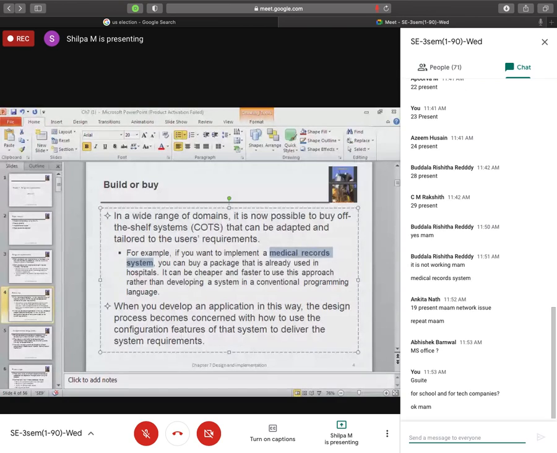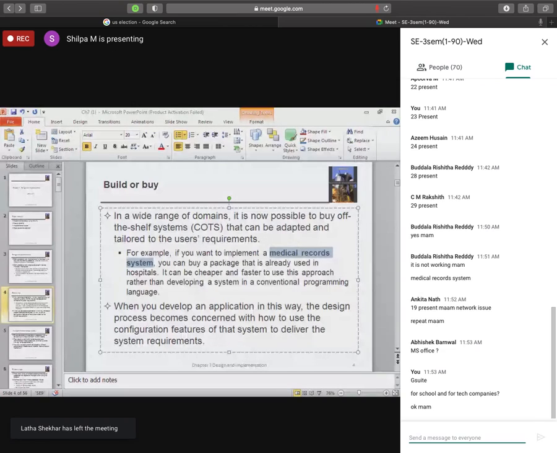There are 10 features based on your payment. Let's say for our G Suite, our college domain ID, for free they'll give you only 5 features, and if you are paying, they'll give you all 10 features.